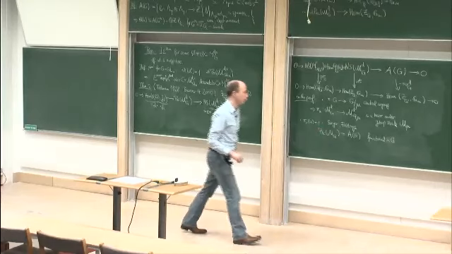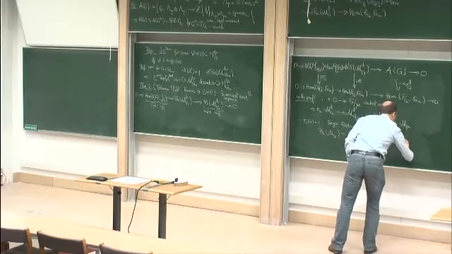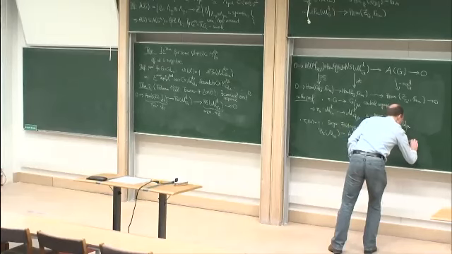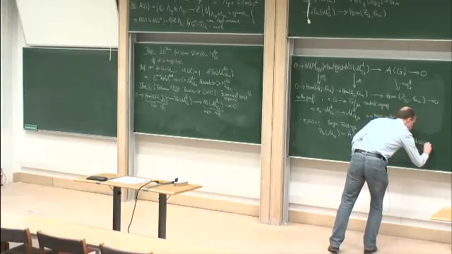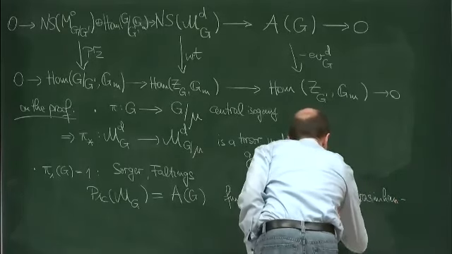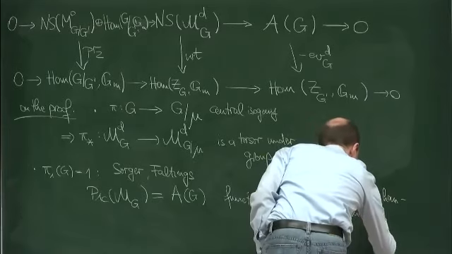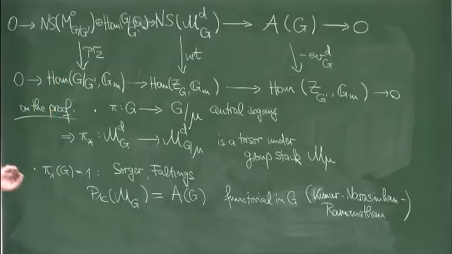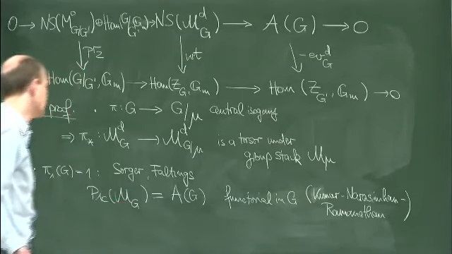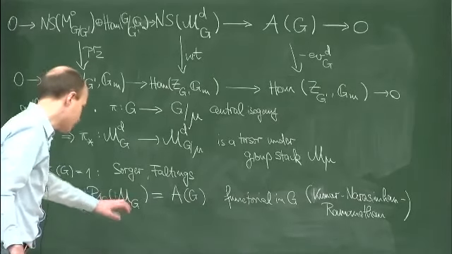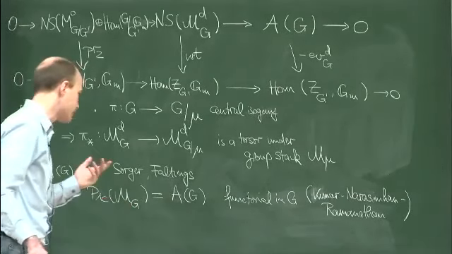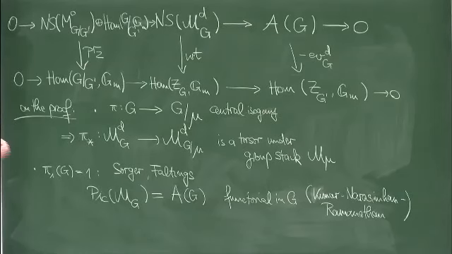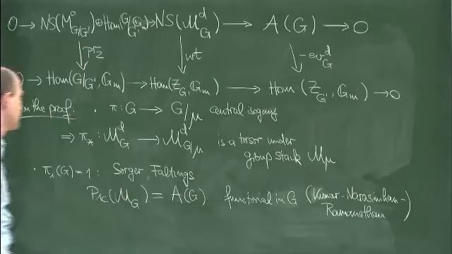That is due to Kumar, Narasimhan and Ramanathan, who found out that if you pull back line bundles along a homomorphism of simply connected groups, the Picard groups are Z, so you get a multiplication by an integer, and this integer is the Dynkin index of this group homomorphism, which is by definition the number with which these generators are multiplied by pullback. Yeah? So you get this functorial isomorphism,